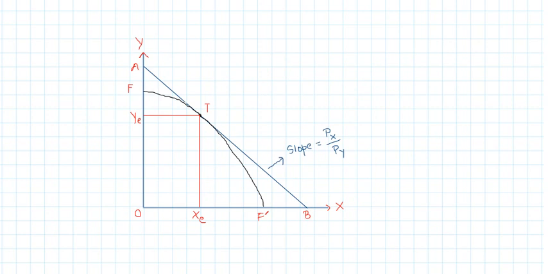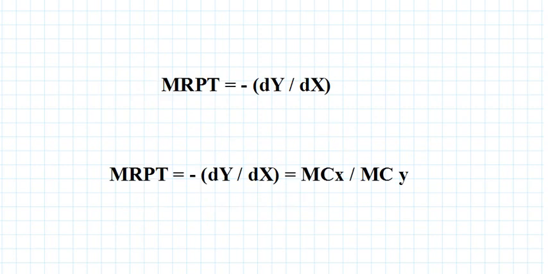Now let me help you recall what the slope of the PPC curve is and how that slope can help us understand more about general equilibrium. The slope of the PPC curve is given by the negative of the ratio of change in y to change in x. There is a negative sign because if you want to increase the quantity of y, one has to sacrifice the quantity of x and vice versa. So the slope of the PPC curve is given by the marginal rate of product transformation, known as MRPT, which is the negative of the ratio of change in the two commodities.